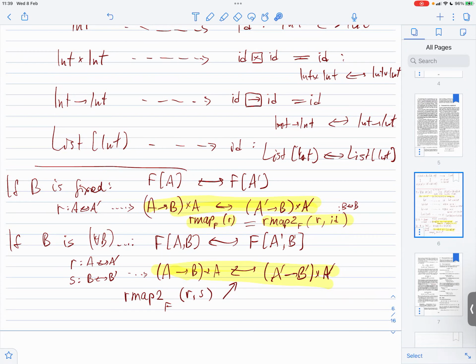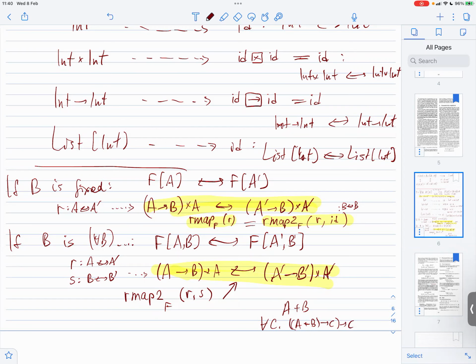Another thing that this paper doesn't do is co-products. It does products, but does not do co-products, A plus B. Now, you could actually say that this is okay. You can encode co-products using universal quantifier, because it's the same as for all C, A times B, A plus B to C,